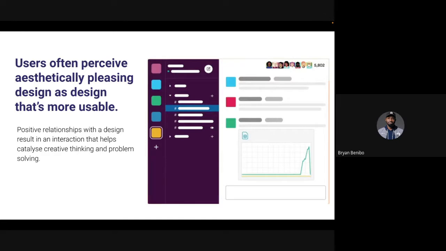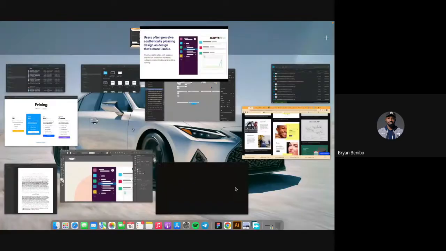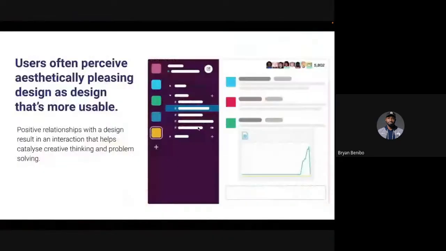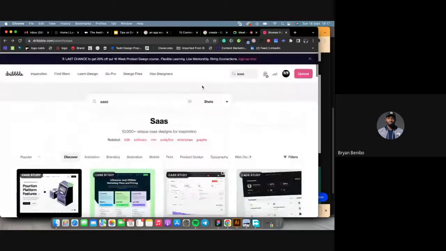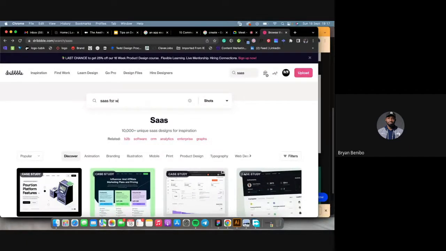What you mean is like a style, all right? If you notice, Web3 type of designs are a little bit different from Web2, right? You have a lot of gradients going on, you have a lot of 3D objects going on, right? So to answer your question, whatever project you're working on, when you go to get inspiration, you indicate that industry. You can say SaaS for Web3, right? Let's imagine this is what you want to do. Then the inspiration will come from that direction.